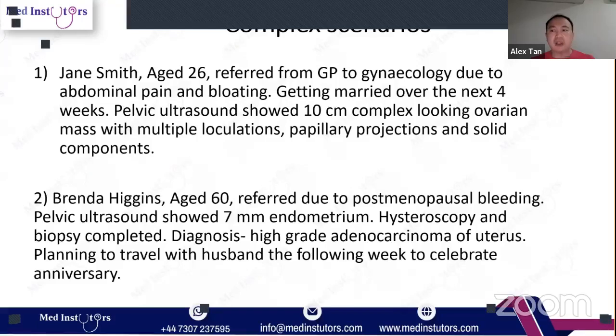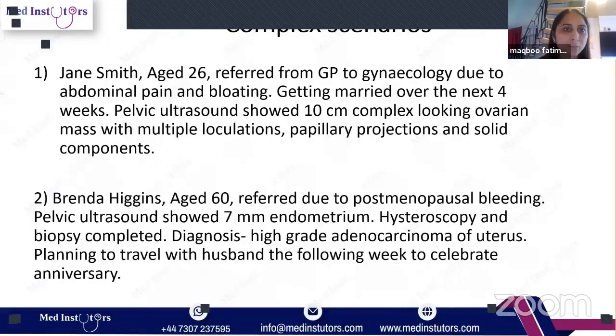Is that okay? I would suggest that, as the doctor in charge, you say: I would strongly encourage you to call your mom, because this is something where I would prefer someone from your family to be here for support. That's how you should talk. So, Jane, I would strongly suggest you call your mom, because having a family member to support you right now is very important. I will give you a lot of information, so having two heads to process this information would be better. Are you getting what I'm trying to say?